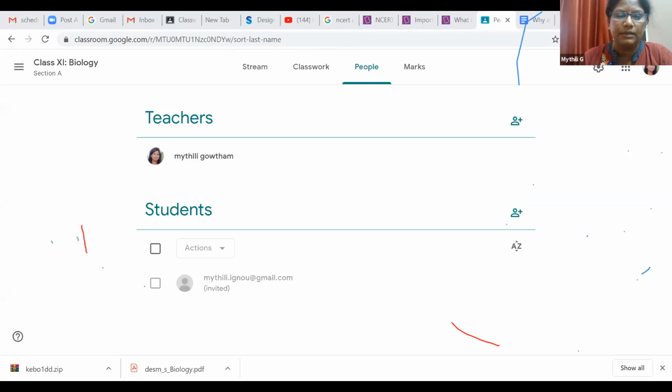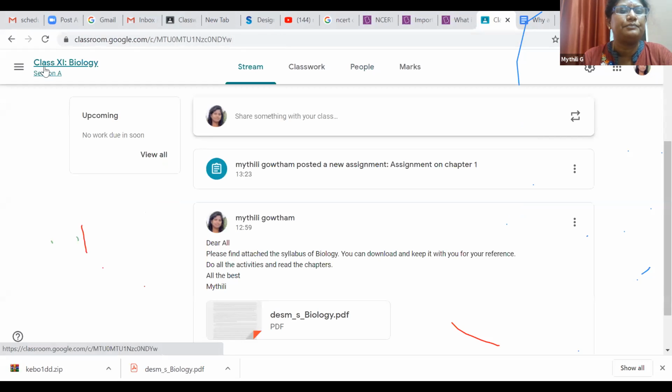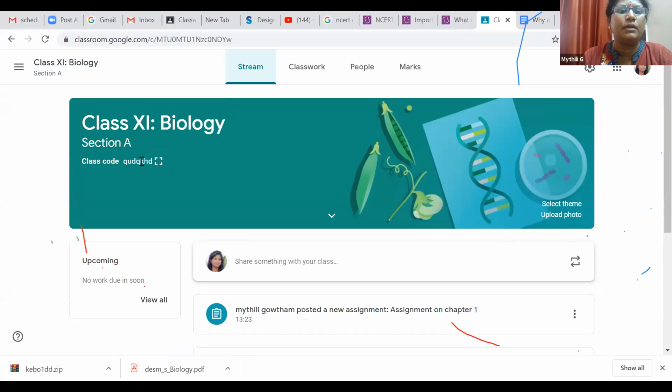So I'll go to my classroom, and this is my code. I copy this code, come to the next page, and give the code. Okay, and I'll join it.